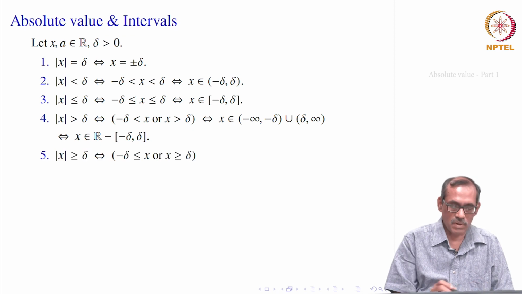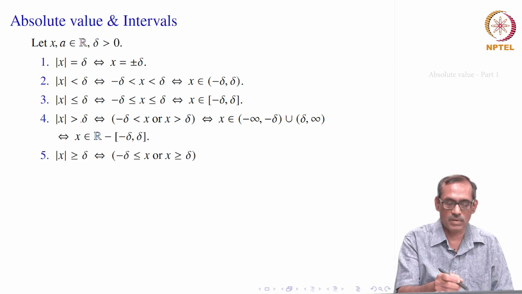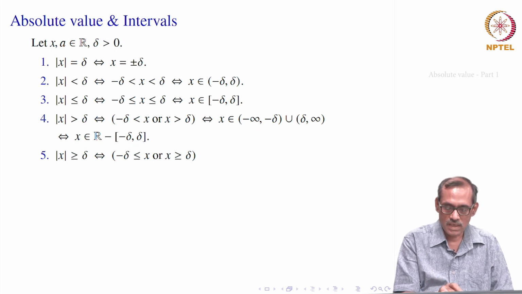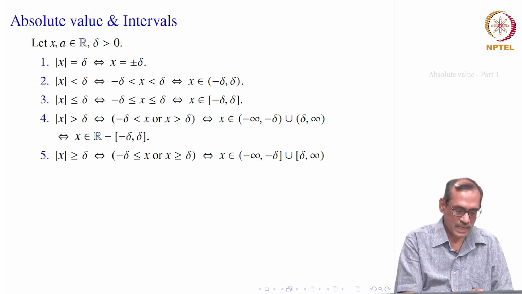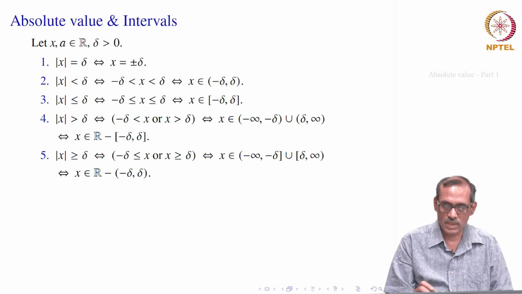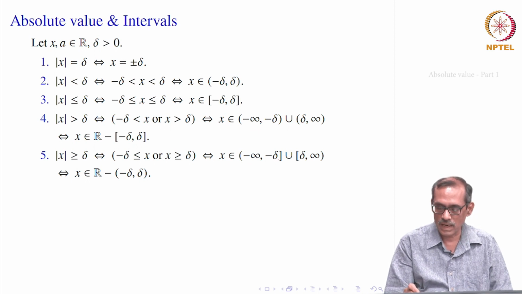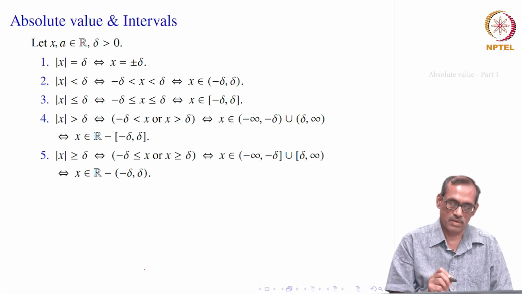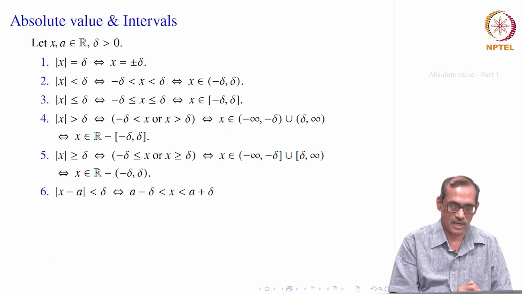Okay. So, what about when mod x is greater than or equal to delta? We just have to include the delta now. That means in the complement, when we were taking minus delta to delta closed interval, we will now be taking the complement of the open interval. So, that is how we will get a semi open interval, the minus delta is included, delta also is included. That is, it is R minus the delta neighborhood of 0, x can be anywhere in that set. That is what we mean by mod x is greater than or equal to delta.